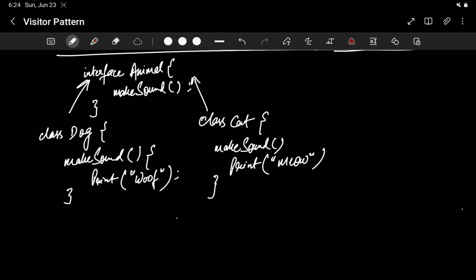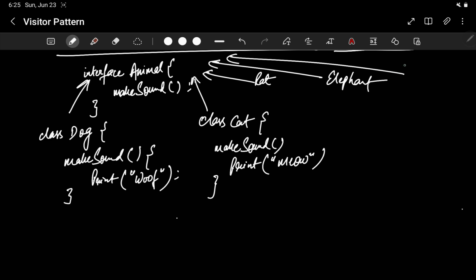Okay, let's say your game started becoming popular and you started taking more interest on it. A project which you just started as a hobby or as a side project just to improve your skills is now gaining traction, and now it is possible that you may start earning some money. So what you can do is you have decided that you will add more animals. Maybe you decided to add a rat, maybe you decided to add an elephant, maybe you decided to add a tiger,